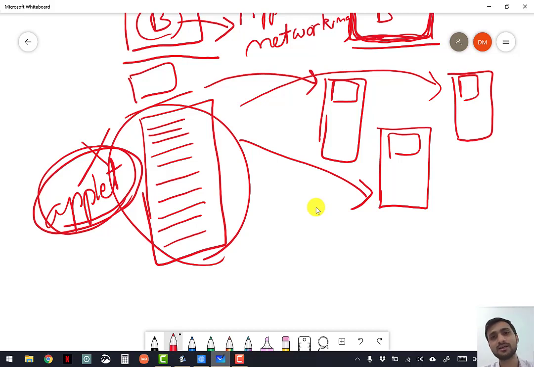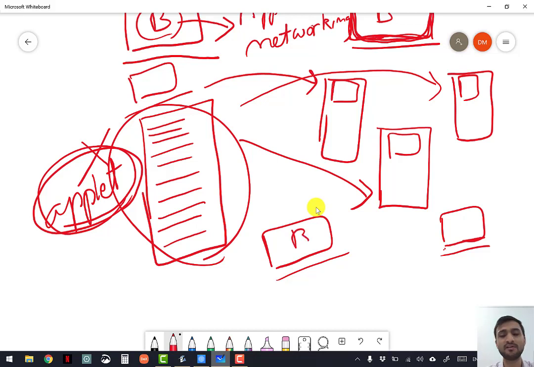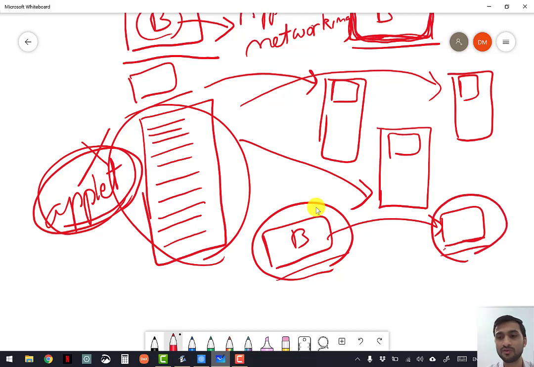But with applets, even if you are at your home but you had written the program in your school computer, the Java applet program, you can still access it. That is called accessing from a remote system. Remote system means away from the actual system. Actually you had written it in school, but now you are using it from your home. So you are accessing from a remote system, from a different system.